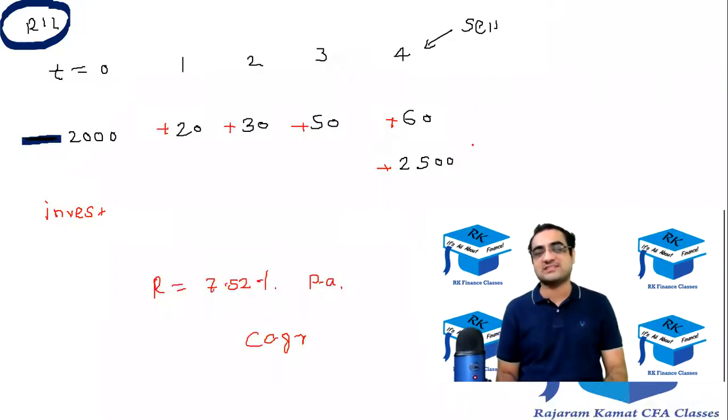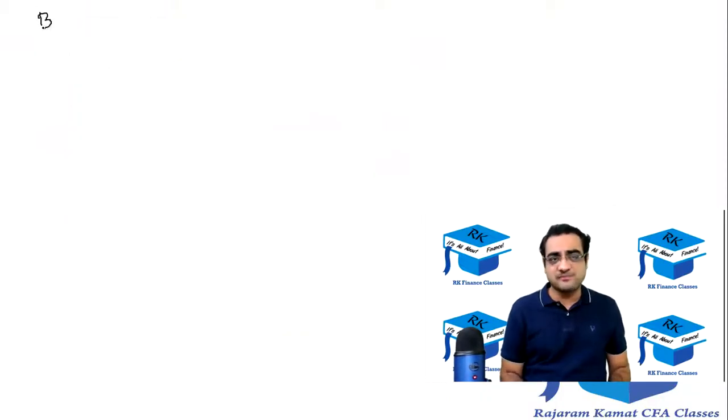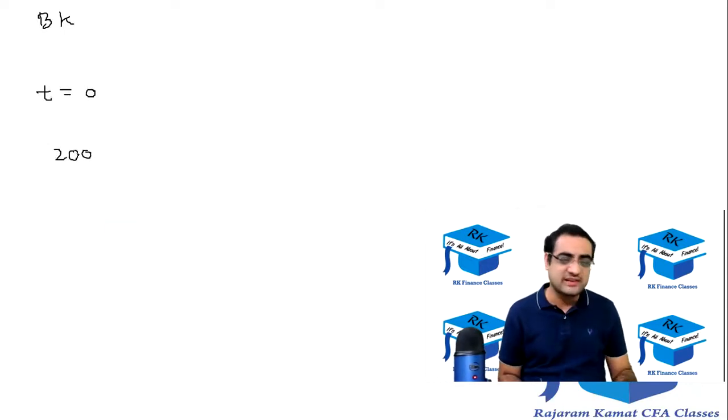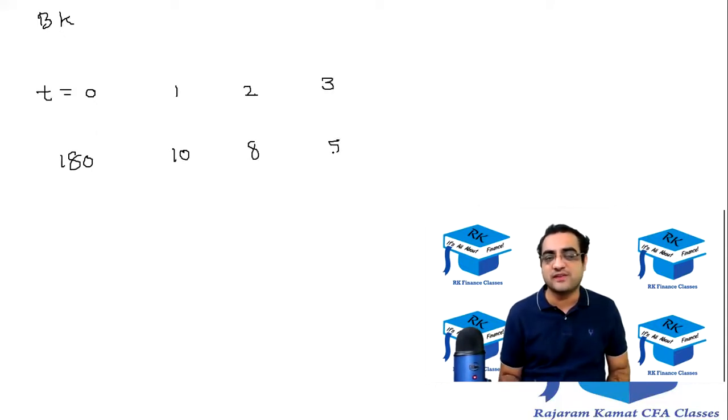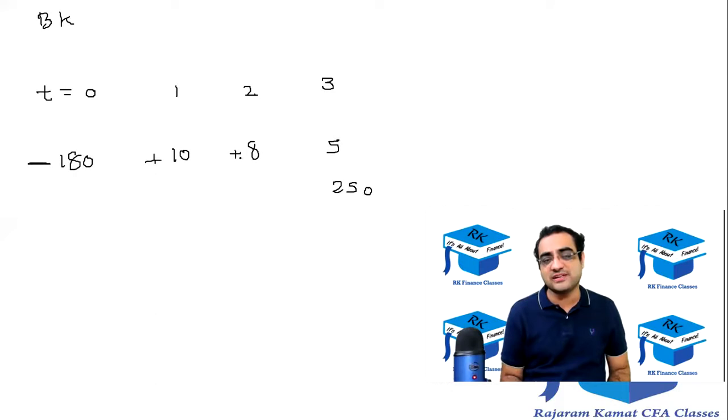Okay, so for practice, I'm going to give you one question. I'm investing into, let's say, Burger King. T equal to 0. I have to pay 200 rupees of price. I think 170 चल रहा है, 170, 180 चल रहा है. Okay, T equal to 1, I'll get dividend of $10. T equal to 2, I'll get a dividend of $8. And T equal to 3, I'll get a dividend of $5. And then I'm going to sell, and expected price is, let's say, 250. Okay, so this would be outflow because I have to invest. And all this would be receipts. So all this would be inflows.